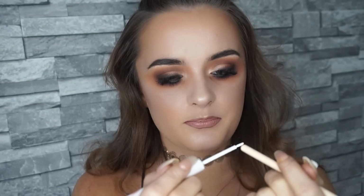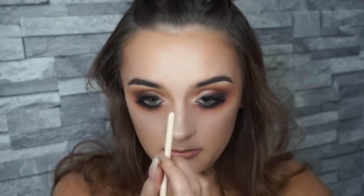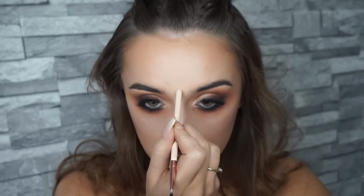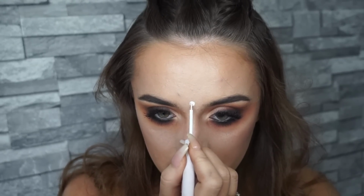Get your liquid, sorry, and then you just paint the back of it. Make sure there's a good amount on it. Then you have to work quick. Okay, this one is just going right in the middle. Simple. That's it. And then underneath it, so I lost a little bit of colour, but at least you have...